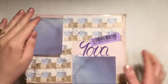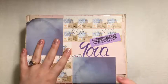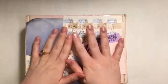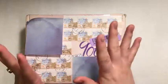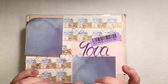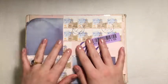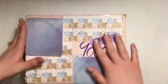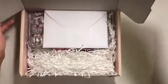I got this package today and it's from Melissa. She's MPS Princess here on YouTube, and we made a swap. It was supposed to be a pocket letter swap, and then it sort of grew a little bit. So she sent me this really big box. As I open it up,